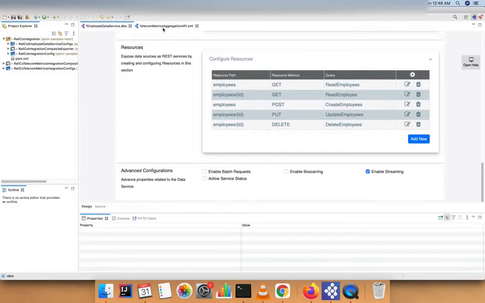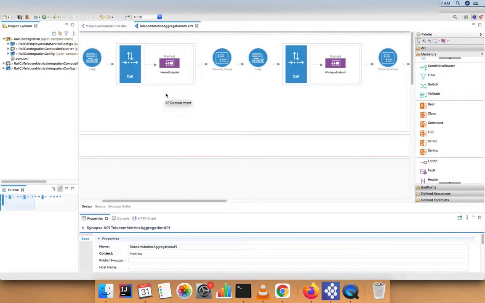To cover that scenario, I have different telco providers who are selling tickets on behalf of me. They are sending messages to me in different formats. They send XML, JSON and SOAP messages, but I need to aggregate all these messages and get a single JSON response. That is my use case. Let's see how we can build an integration service to cater to that requirement.